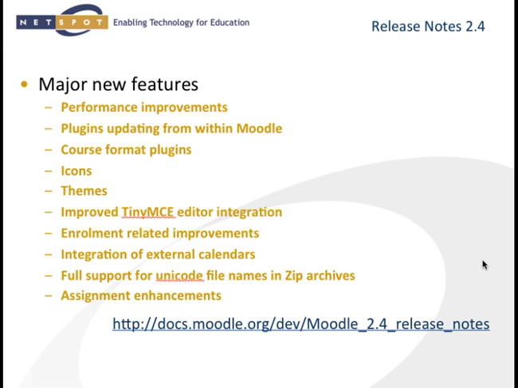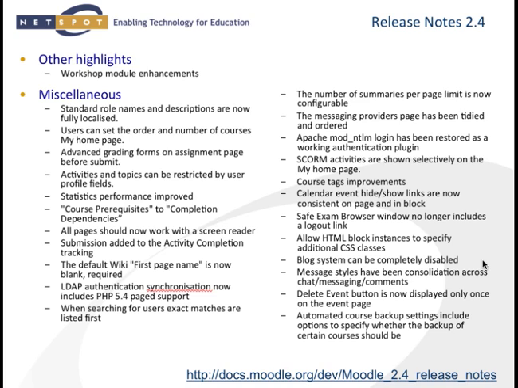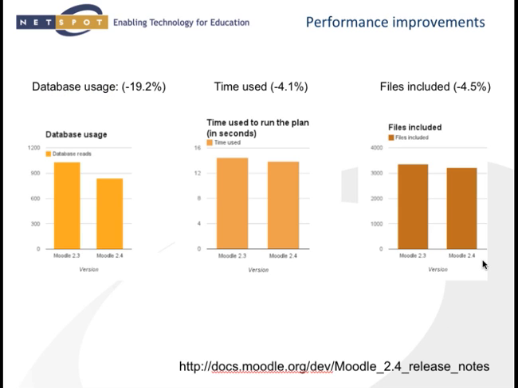And there's a long list of improvements, some of which we'll have a look at practically today, and some that I'll mention quickly in this presentation. There are lots of minor highlights as well, and we'll have a look at a lot of the ones that will affect end users. And one of the big improvements in Moodle 2.4 is the performance improvements. And there's lots of discussion on the internet about the performance improvements. And there's some charts and graphs in the release notes that will give you an indication of where the improvements